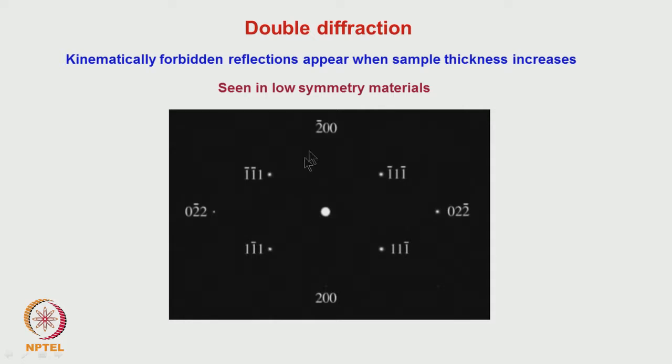I do not know whether the spots are visible. Here what happens is that if I consider these two spots, one at 1 bar and one at bar 1, if I consider any one of them as a secondary source, it is equivalent to adding these two. In any reciprocal lattice section, if we take the vector addition of two spots, another spot should come. But normally when double diffraction takes place, by kinematical condition those spots are not allowed. But when you do it, those spots will appear. That is one way, another way to look at it. That is essentially what I have written.